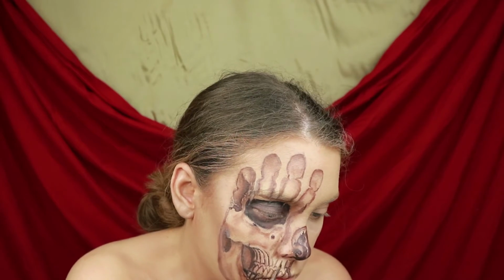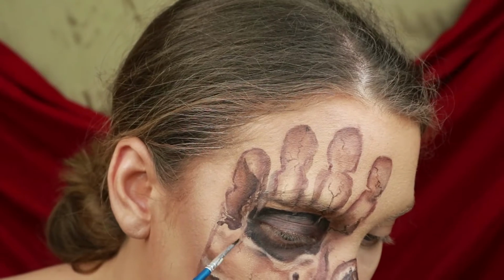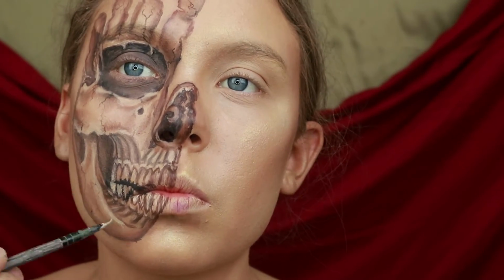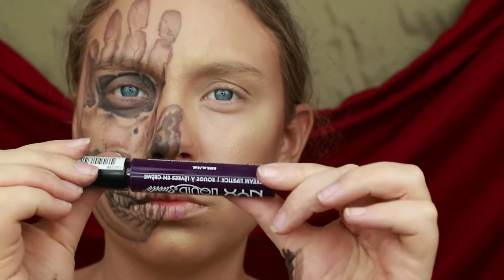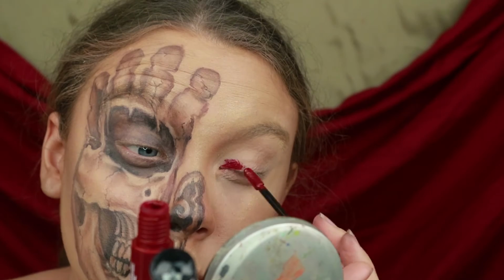Then, taking a tiny little brush, I take a dark brown and add tiny little cracks throughout the skull, and highlighting the skull with the same foundation shade I used to start. And I'm taking NYX's No Filter powder and dabbing it over the design to fade it and make it look more like a tattoo. Then I am taking Subversive Socialite and Cherry Sky's Liquid Suedes to be a base for